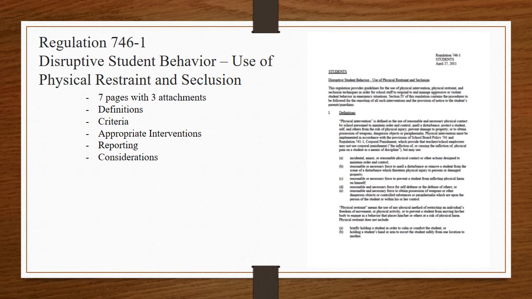Now, when we talk about appropriate interventions, there are appropriate interventions that we could put in place. So, once again, the timeout. Timeout is the removal from the learning environment. It is a less restrictive intervention, for managing any type of disruptive, aggressive, or violent student behavior. The purpose is to assist the student, help them regain control by removing them from their immediate environment into a different location until they're calm or the behavior has subsided.